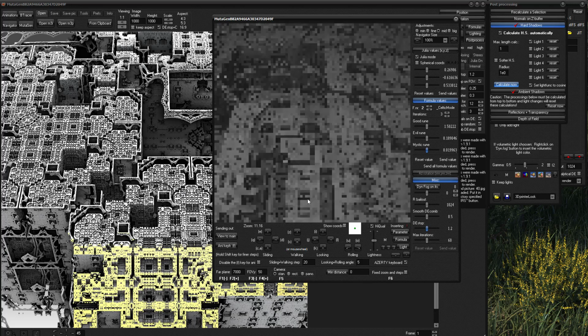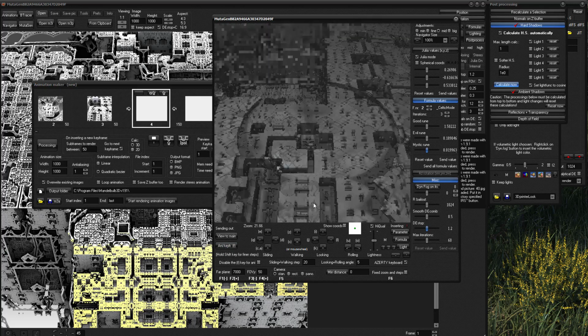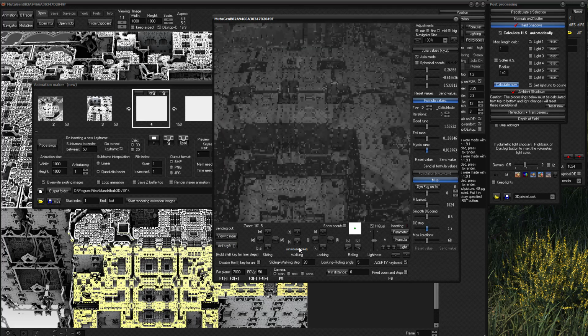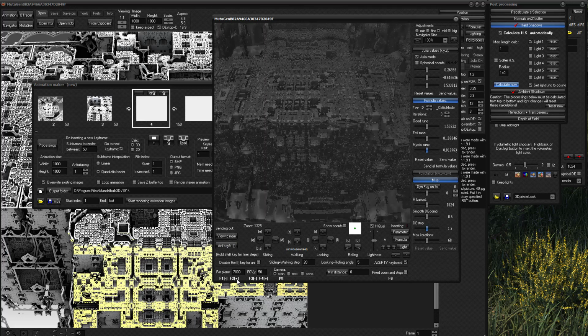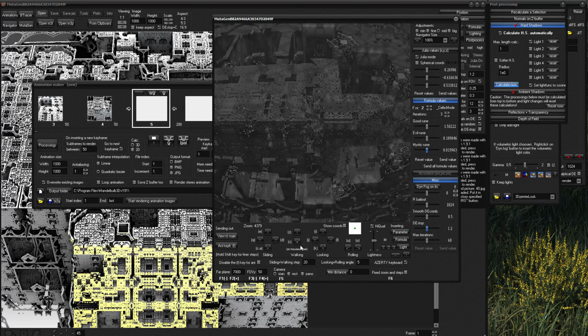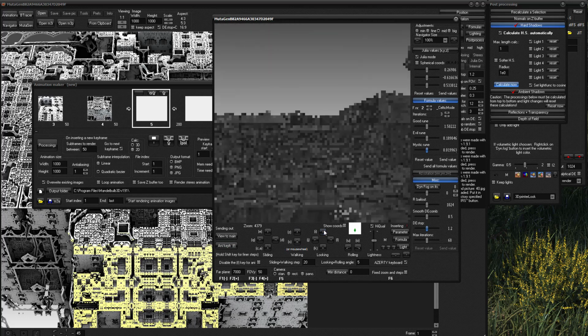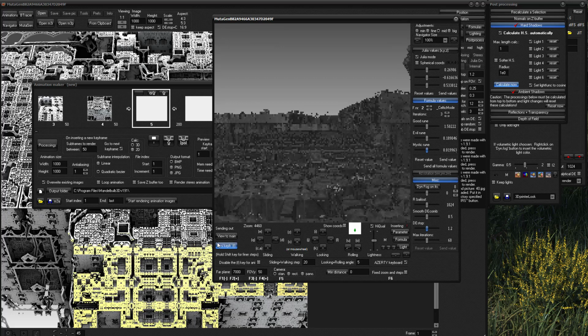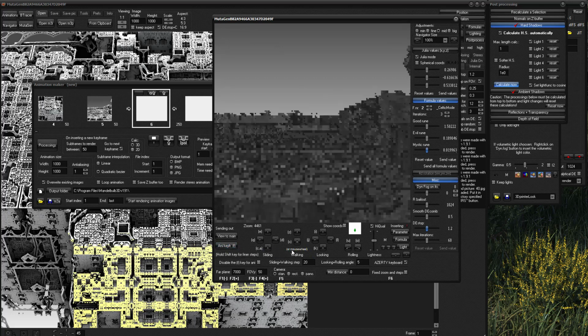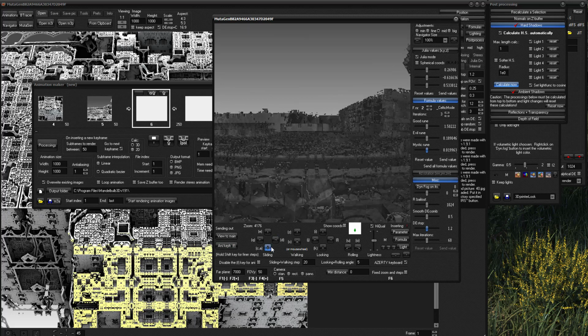And I add another keyframe. From there, I continue to zoom in. I add again a keyframe. And then you can go everywhere you want, maybe look up. Yeah, add a keyframe. I will go down, maybe.